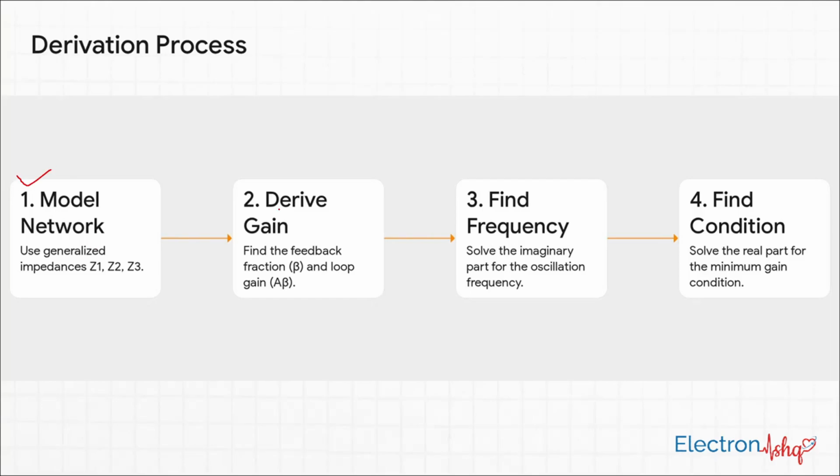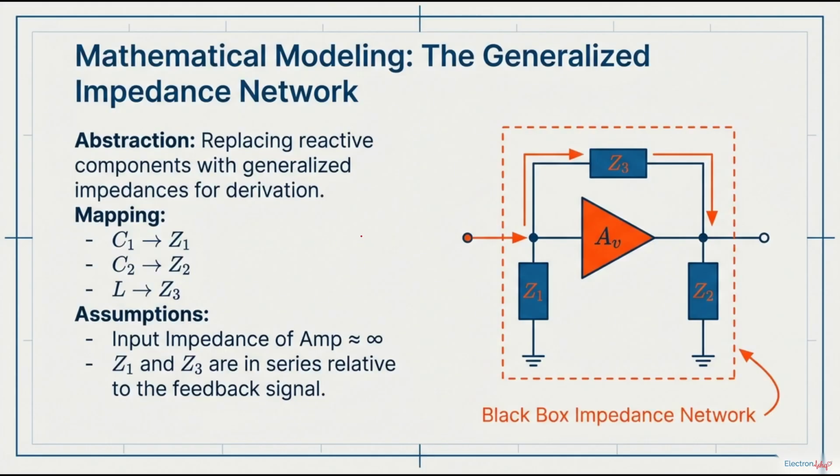We'll start by simplifying the circuit. Then we'll figure out the loop gain equation. And from that one equation, we'll solve for our two magic numbers, the oscillation frequency and the minimum gain we need to make it all work. Let's do it. So, first things first, to make our lives way easier, we're going to use a classic engineering